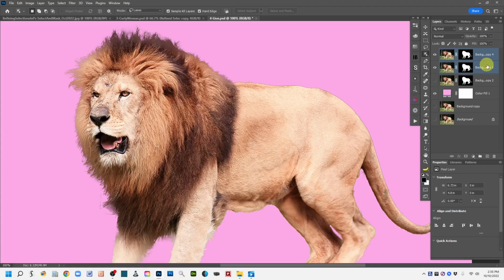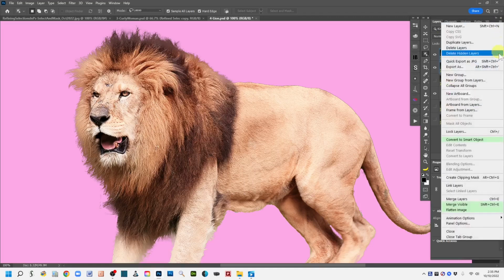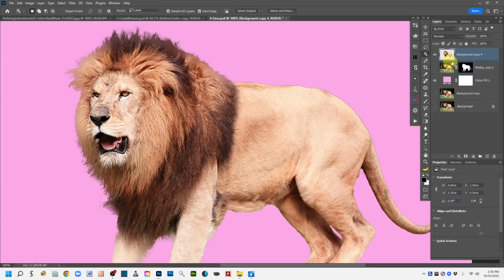There we go. And now I'm going to go up to my little hamburger menu. So in yours it may be down at the bottom. So in the Layers panel, go to the little hamburger menu. That's the little lines there. Left click on that, and I'm going to click on Merge Layers. So those two highlighted layers will become one. See? There we go. So now we have the benefit of getting what was accomplished on those two layers on